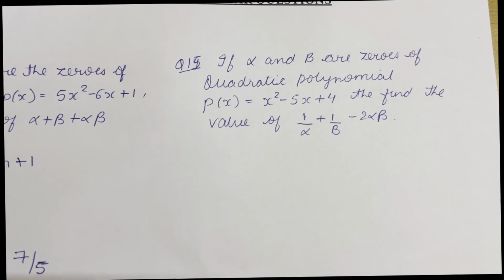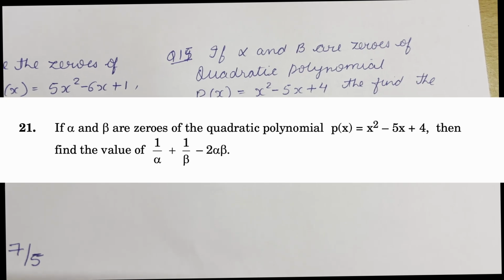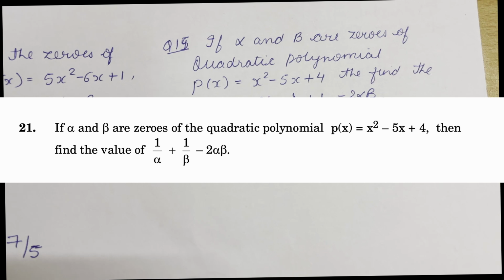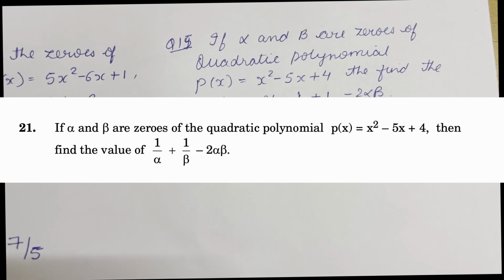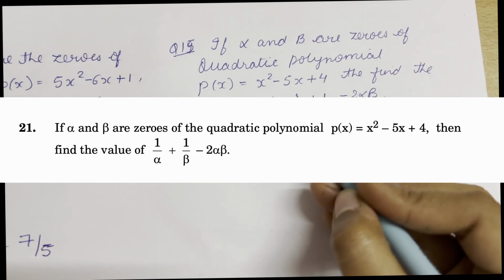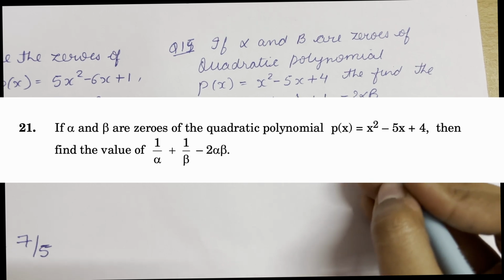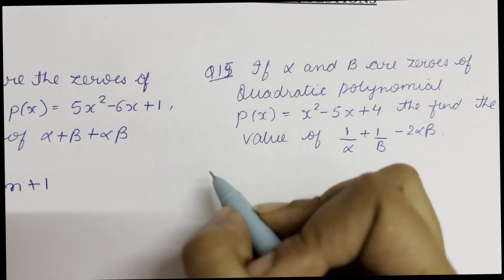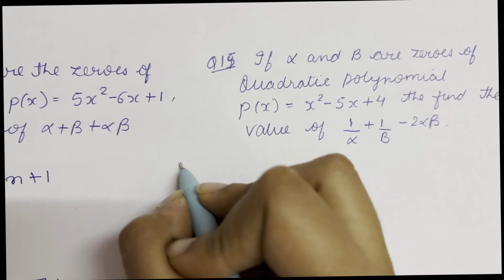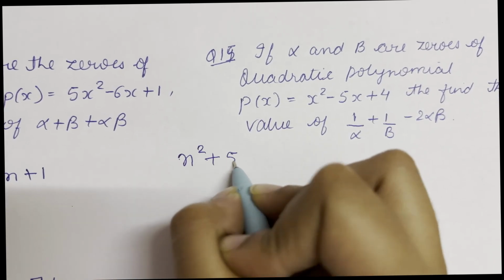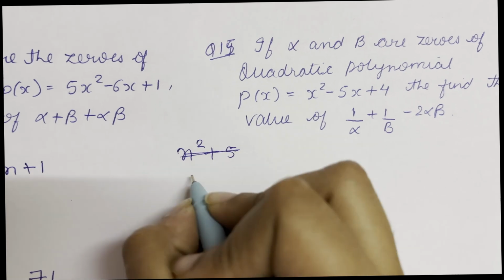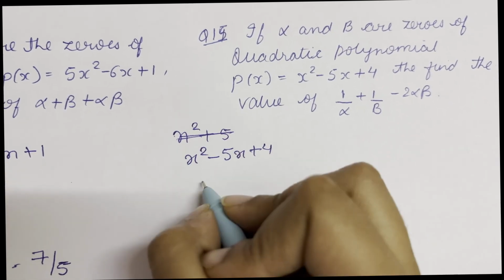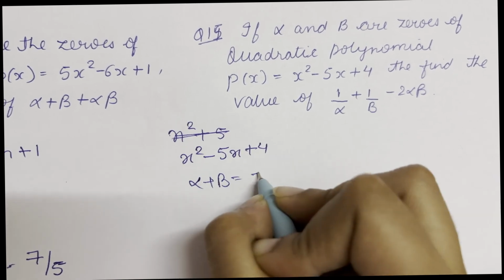The next question says that if alpha and beta are the zeros of the quadratic polynomial p(x), which is equal to x square minus 5x plus 4, we are asked to find the value of 1 by alpha plus 1 by beta minus 2 alpha beta. So first of all, we will find the value of alpha plus beta and alpha beta from the polynomial p(x) given to us. Okay, it's x square minus 5x plus 4,